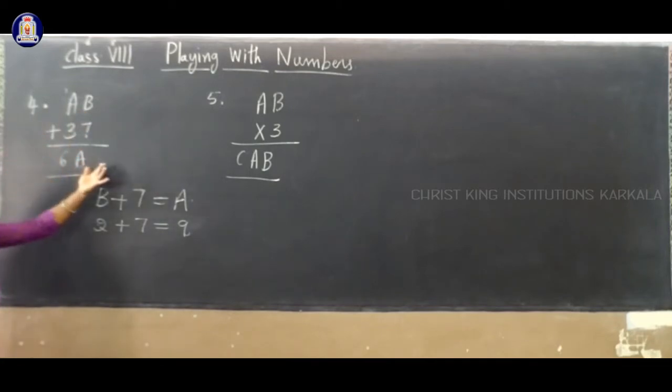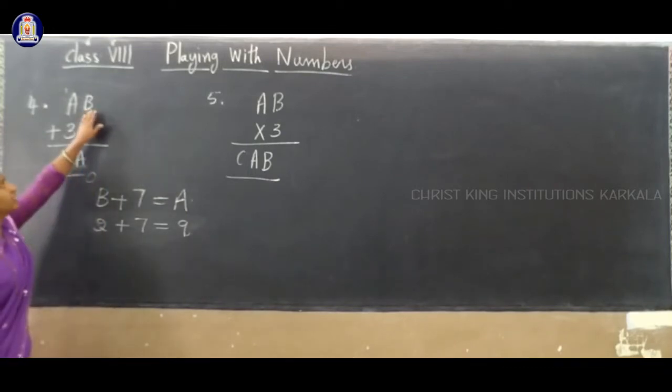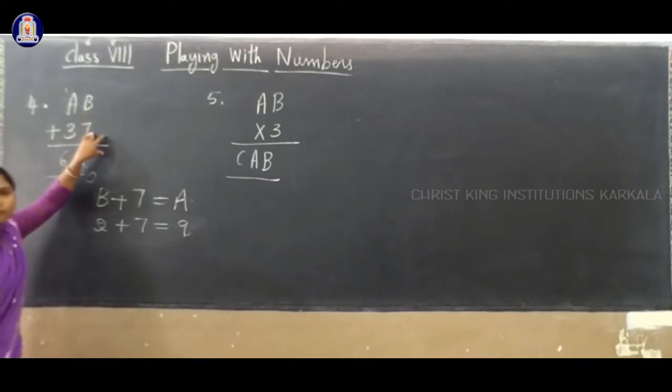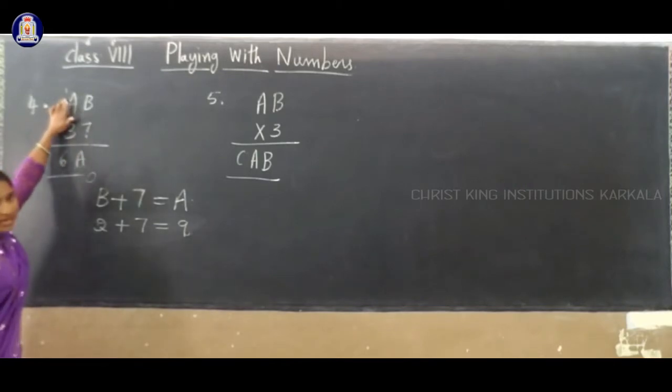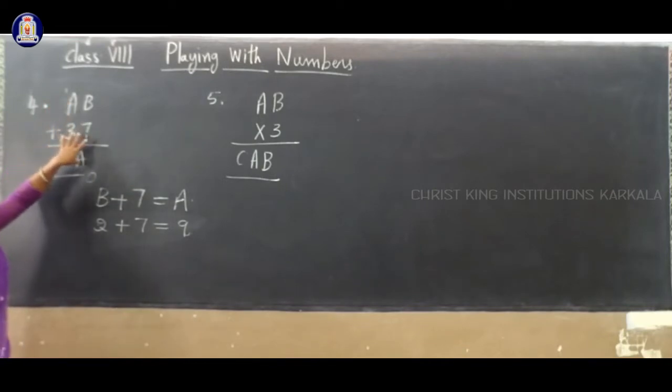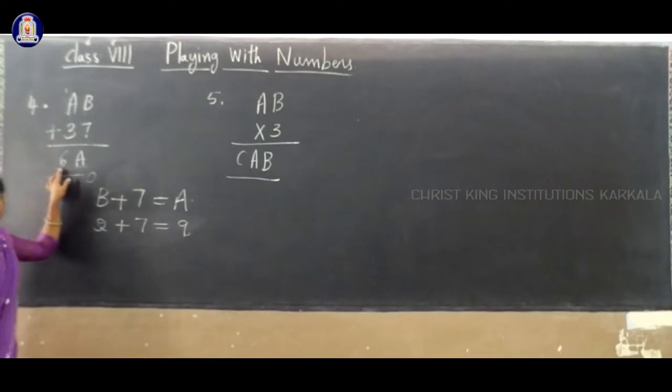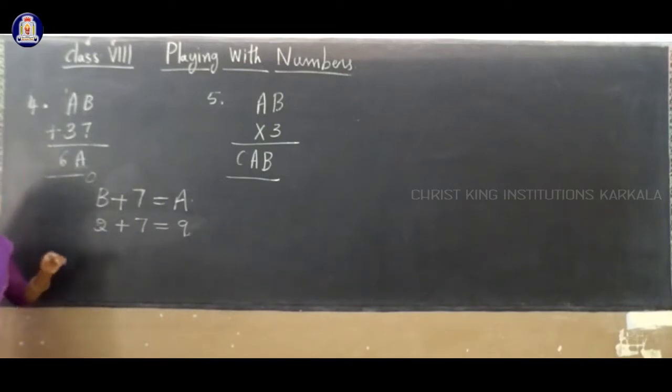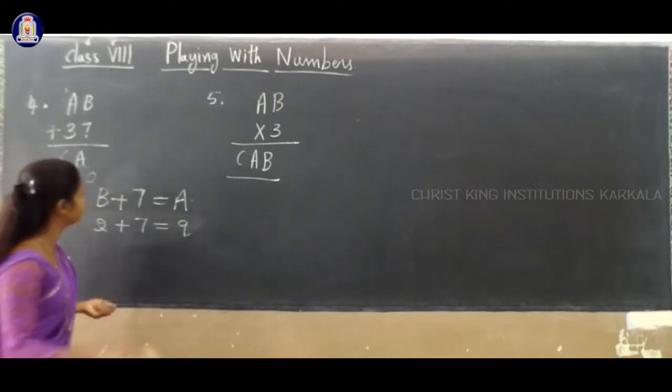Next you have to think like this. If you consider 4, 4 plus 7 will get 11. So the remaining 1 you must add in this step. So 1 plus A value, which is 1, gives 2. 2 plus 3 is 5. So we will not get the 6. Maybe the next value. What is the value of B?